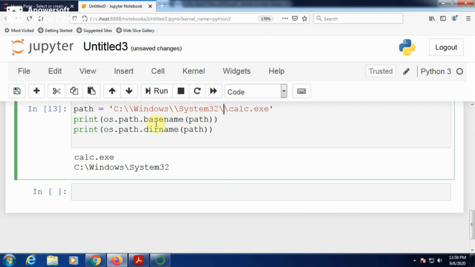It displays the path as calc.exe. This is the output of this statement, and this is the output of the next statement.